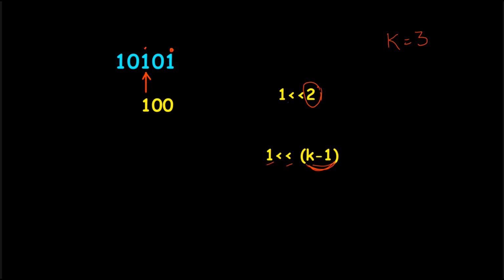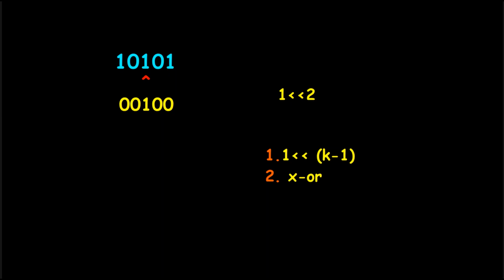Here I am using the bitwise operator to shift the cursor to the left. So the first thing, I need to shift my cursor to the desired position, so I can write 1 left shift k minus 1. Then the second operation is to do XOR of the given input with the shifted value, and here I have added 2 zeros. Now we will perform the second operation. We will do XOR of both.